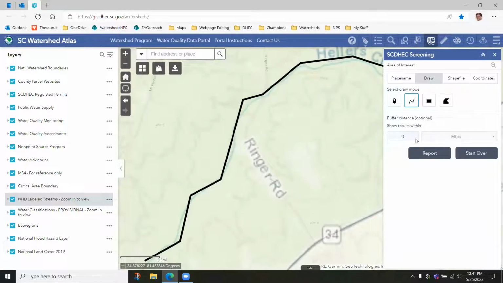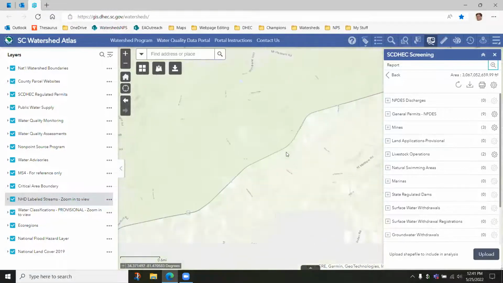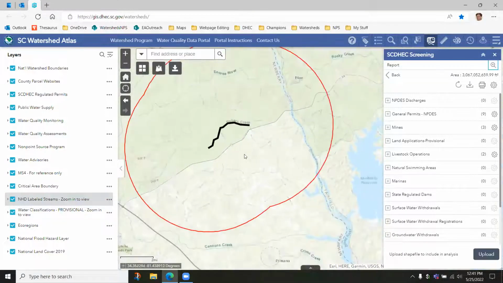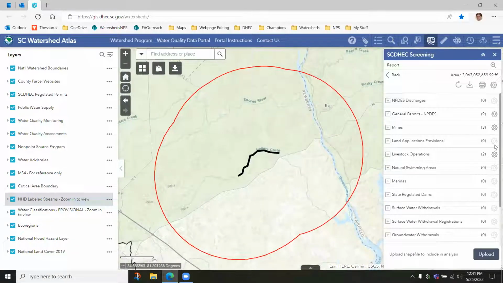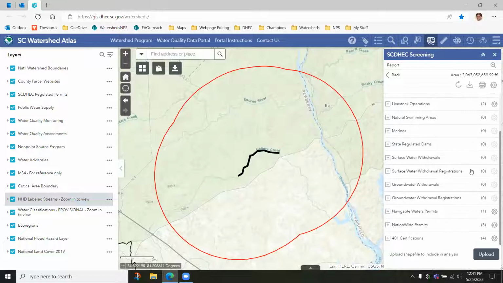Okay, and I've selected that. I'm going to make it 3 miles. Let's have some fun with it and do 5 miles. See, so just looking at this stream within a 5 mile radius of this stream, 5 mile circumference, and there's our circumference. You can see we've got 9 general permits. I mean, if you're interested in permits, but there's also,